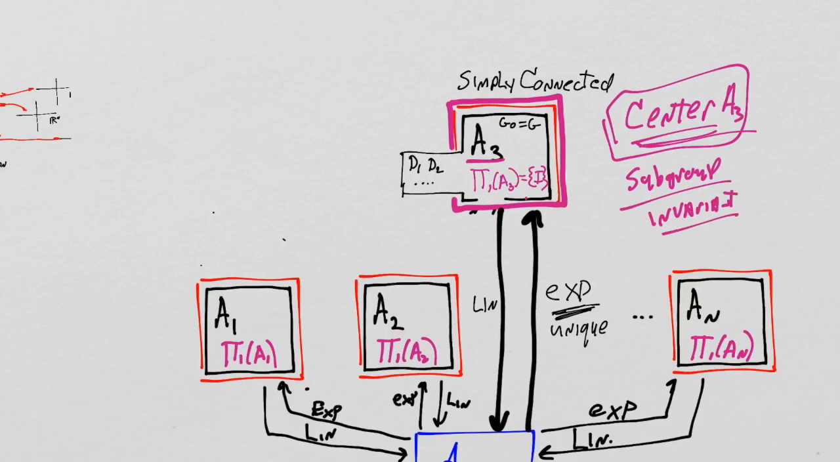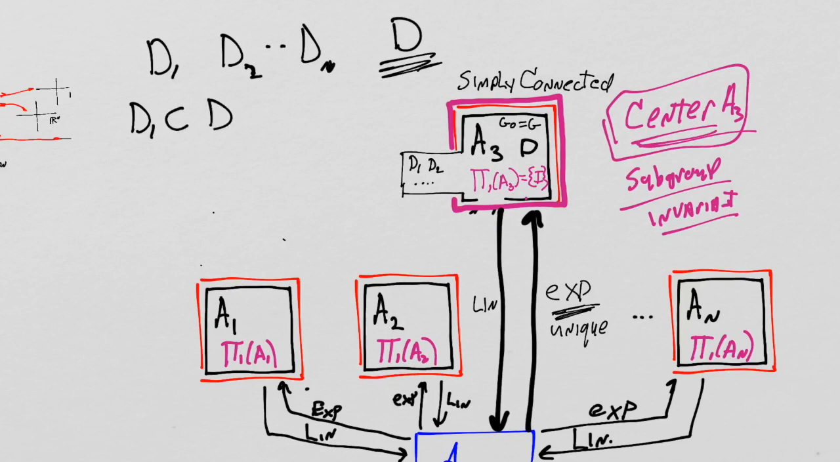So if we looked at the center of A3, all of the elements that commute with everything in A3, then what we would discover is a center group, which I'll call just D, because we're kind of committing ourselves to D. So D is the center of A3. Now, if D1 and D2 and Dn are all discrete invariant subgroups, we know that they also commute with everything in the group. But they may be smaller than D. D is the largest collection of elements that commute with everything in the group. So D1 must be a subset of D, and D2 must be a subset of D, and Dn must be